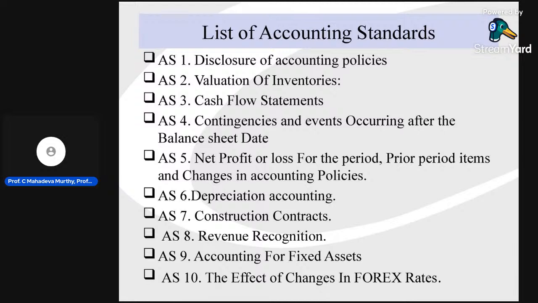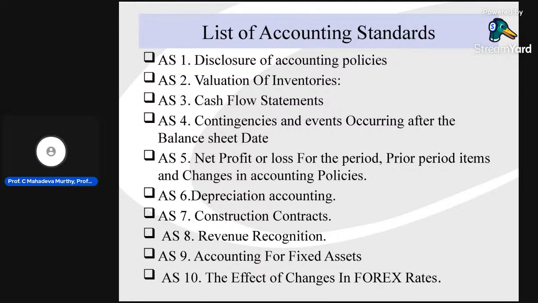That is AS4, contingencies and events occurring after the balance sheet date. Then AS5, net profit or net loss for the period, items and changes in accounting policies. AS6 is depreciation accounting, 7 construction contracts, 8 revenue recognition, then 9 accounting for fixed assets, 10 the effect of